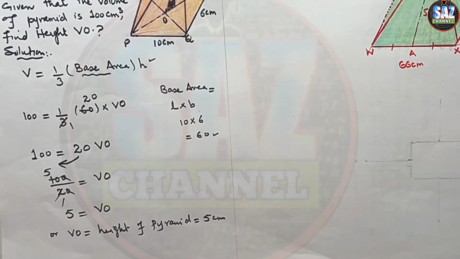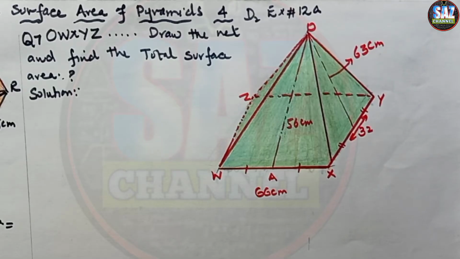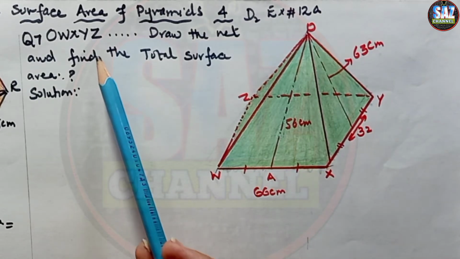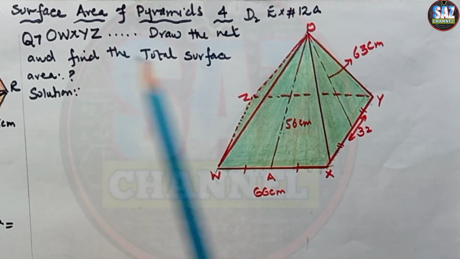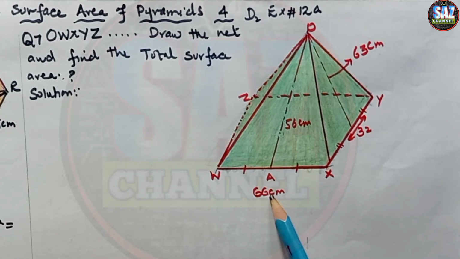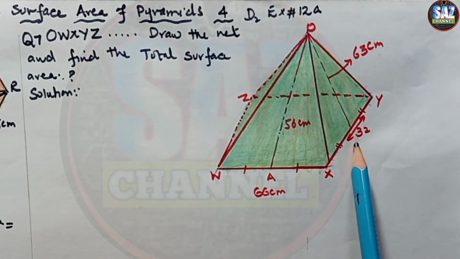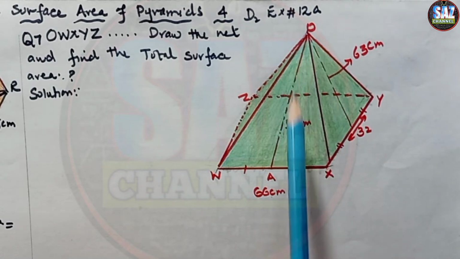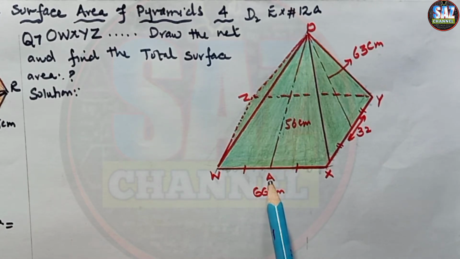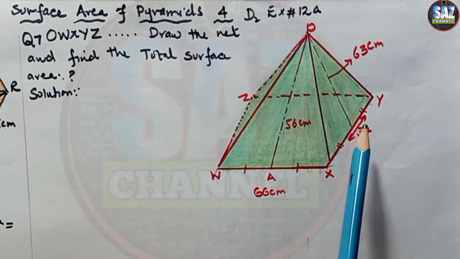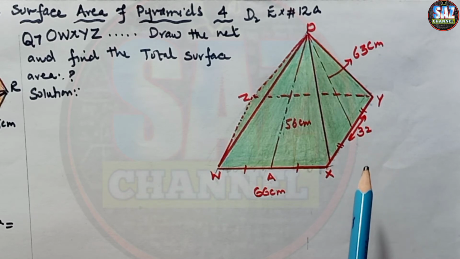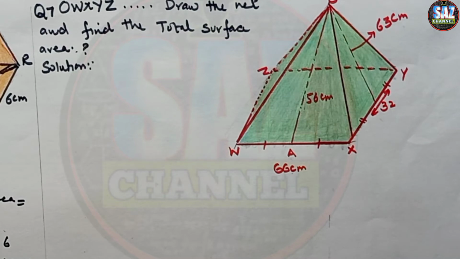And let's quickly move to the next question and let me read the question from the book. As the questions are long, so I'm writing the questions in short form. Question 7 says that OWXYZ is a rectangular pyramid with W to X is 66 centimeter, X to Y is 32 centimeter. Given that the slant height OA is 56 centimeter and OB is slant height OB is okay, let me mark O to A and O to